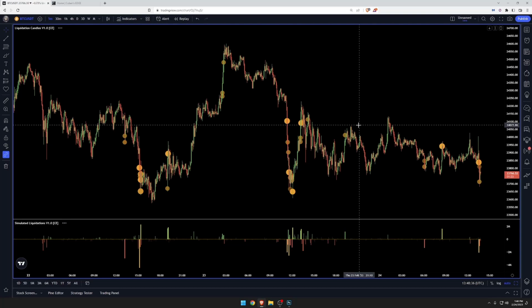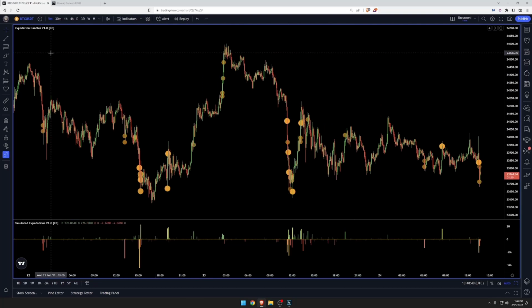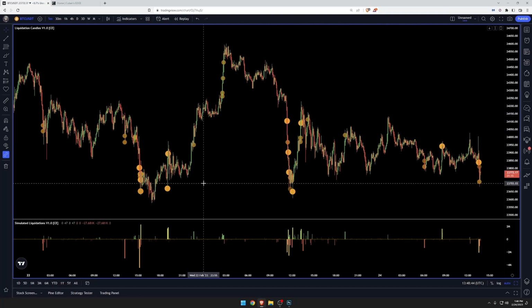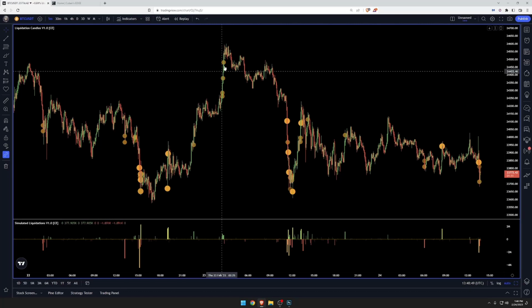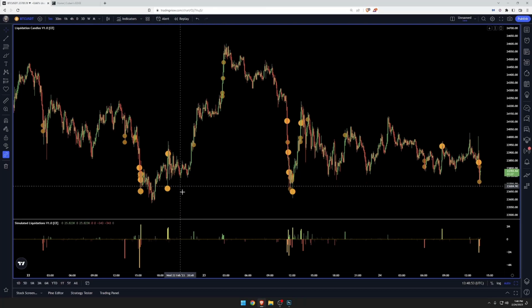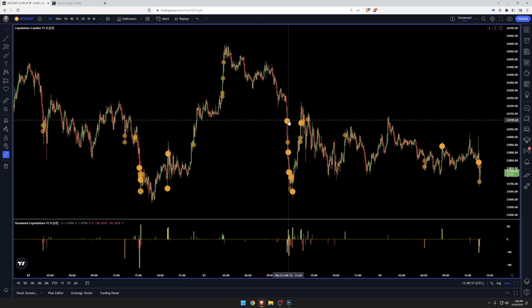One of the things that many people will know is liquidation hunting. As you move down and we start liquidating long positions, they've in theory been hunted. And once they've been hunted, we then can tend to move up. And that's exactly what this indicator is showing, right? We've moved down, hunted longs, we started to move up, hunted some shorts, not a lot of shorts, but hunted some shorts. We moved back down, hunted a lot of longs here, you can see with these big circles coming in, and you can see the